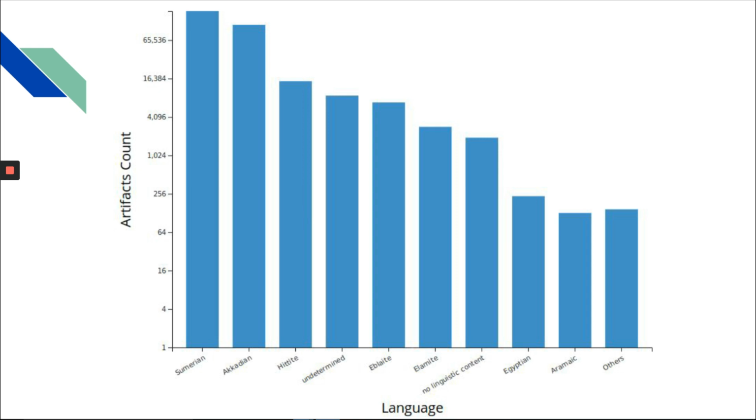After that, I developed the bar chart. This shows the languages on the x-axis along with the count of artifacts in which this language appeared. And of course, this is an image, so you cannot interact with it, but in the actual visualization, on hover over any of these bars, you can see the actual count of artifacts with this specific language. You can see this scale over here is logarithmic,